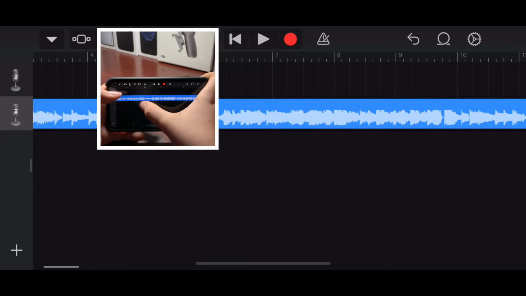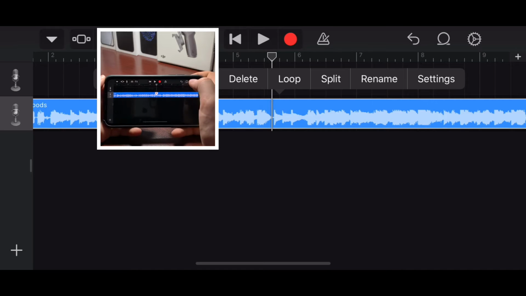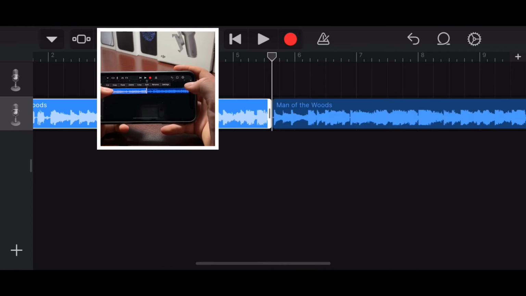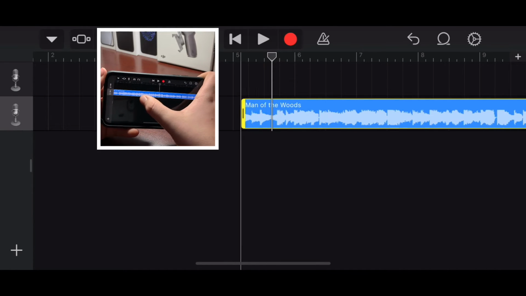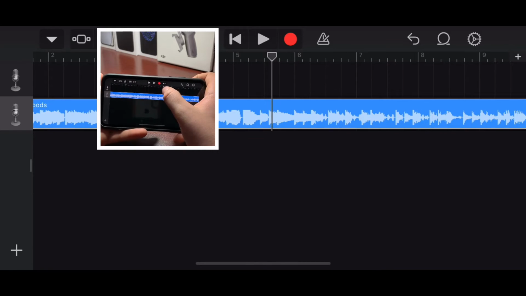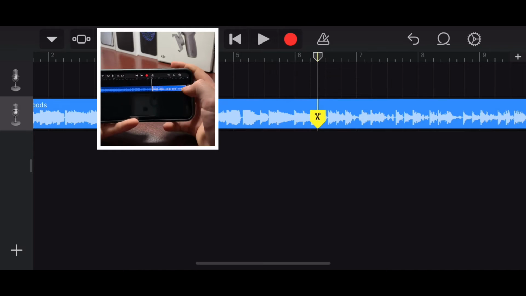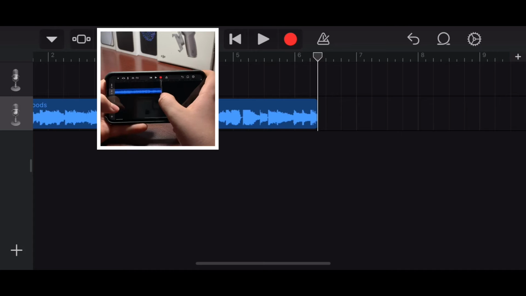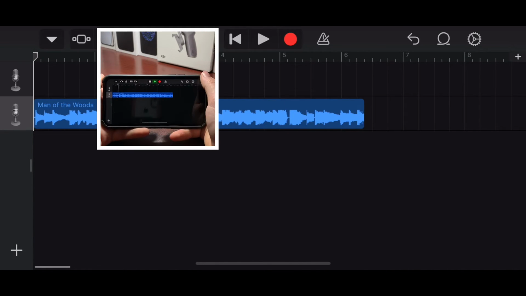We're going to put it to where we want it to start. We're going to press it, and we're going to press split. Just going to cut it right down the middle. And we're going to press our first loop. We're going to delete that. And then we're going to bring this back to 1. And then we're just going to cut out the other part that we don't want. Once again, split, down, and delete. So there we have it, our mini song here. So this is the part that we want to use.